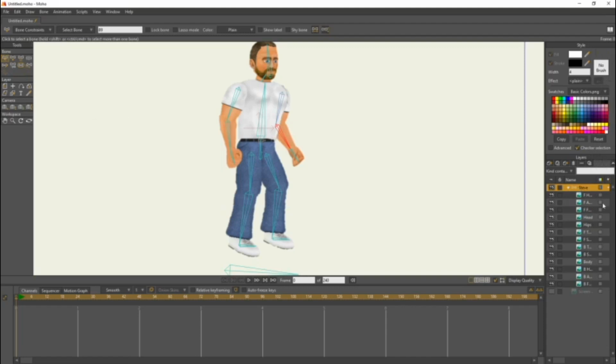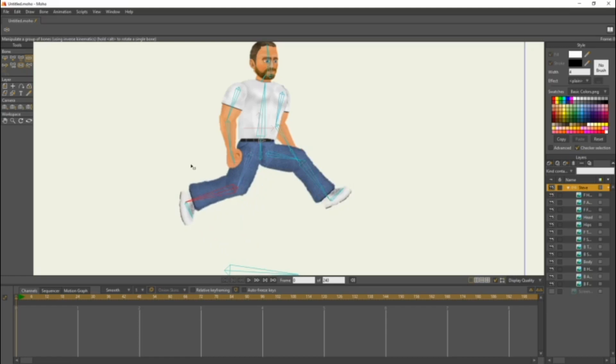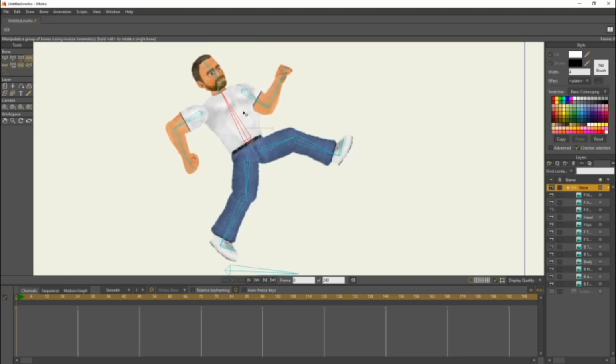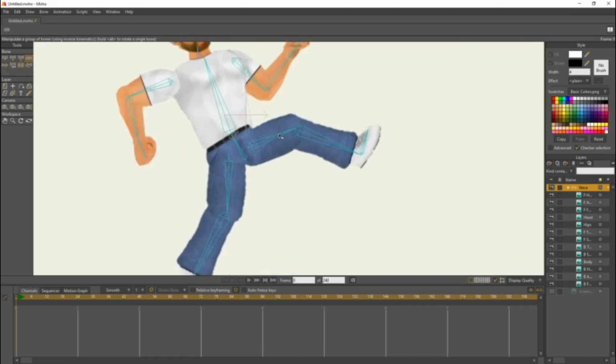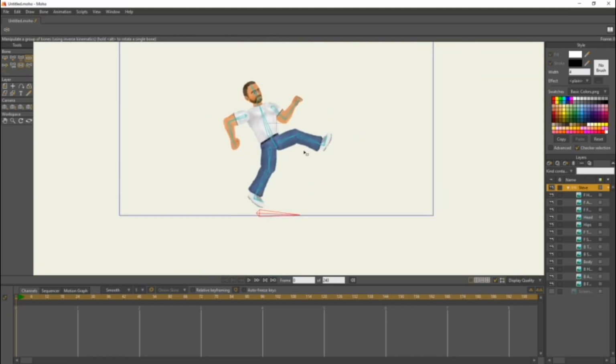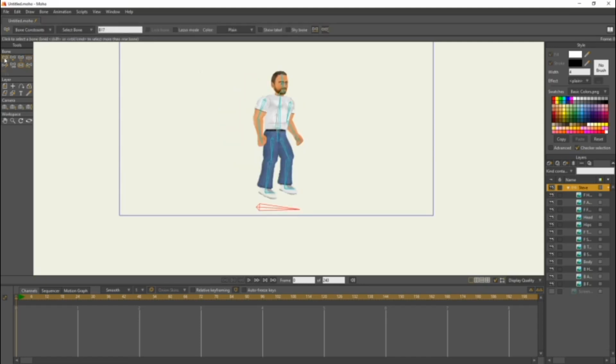Now if we come back up to the bone layer, mine's Steve, come back up here to manipulate bones. We're on frame 0, so it will go back to normal. Now if we move it, we can move the character. You can see the character moves with the bones now. So just play around with this, see if this works for you. If not, go back to the tutorial to see if you missed any steps. And yeah, now we can move the character. Alright, so if you come back here to the select bone, everything should go back to normal.